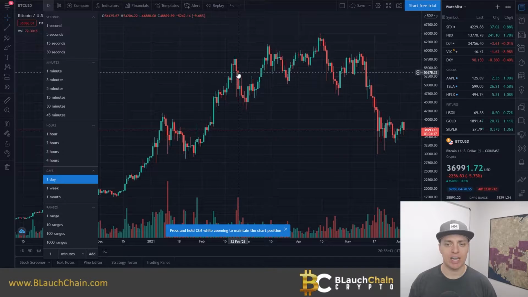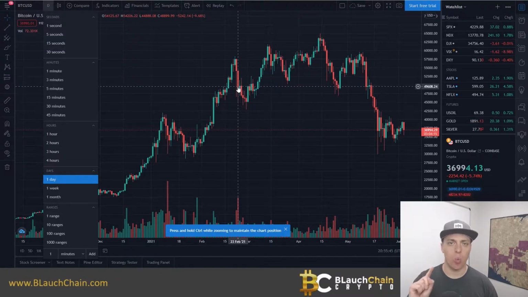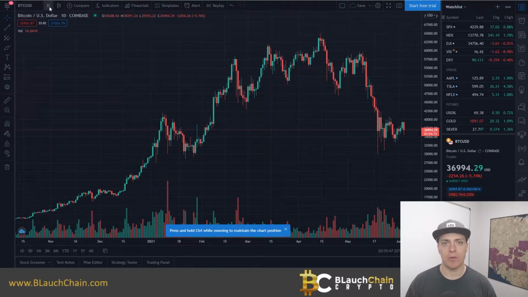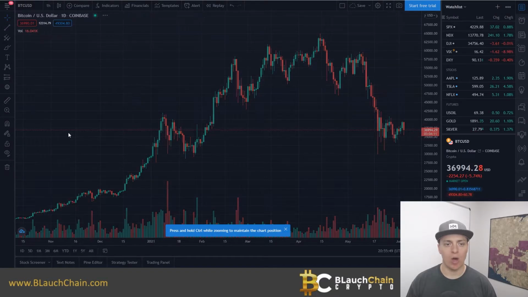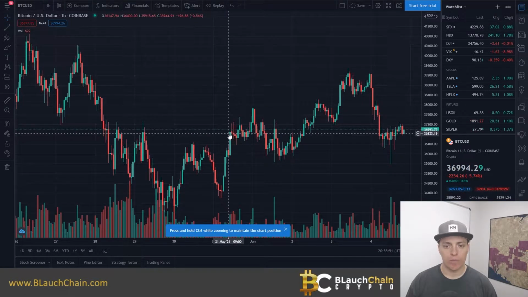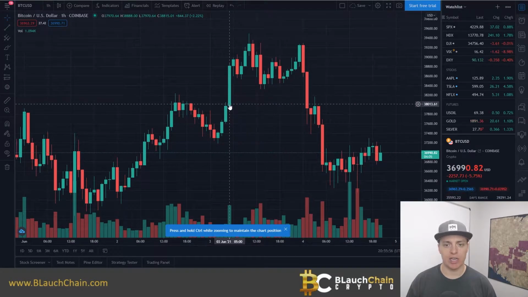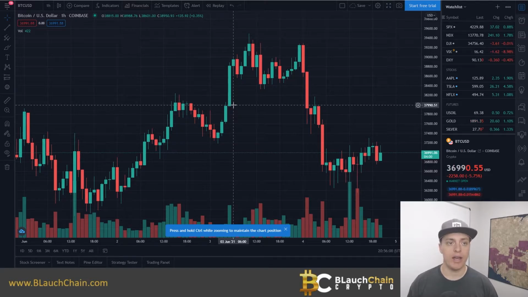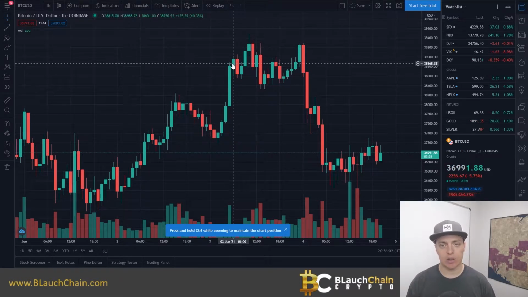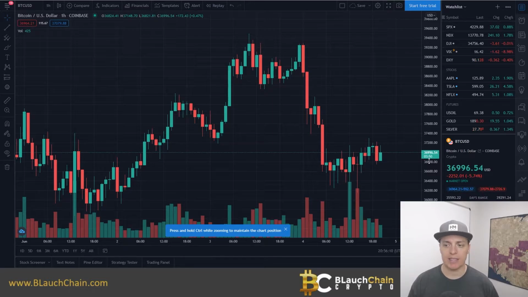Each one of these green lines or red lines represents one of whatever time frame you're in. So if I go over here to a 1 hour chart, each rectangular shape here, this big green line, this box with these two little things on the end of it, that is 1 hour. And then the next little green box is obviously a whole other hour. And how do we know where we're at in that hour? If you come over here, you can actually see there's 3 minutes and 52 and 49 and 48 seconds left